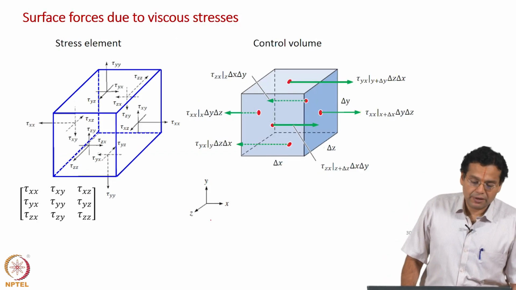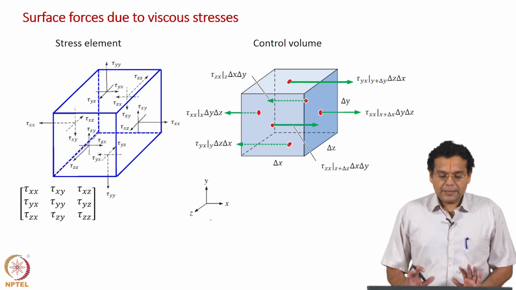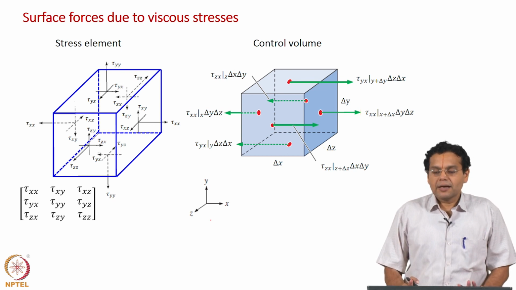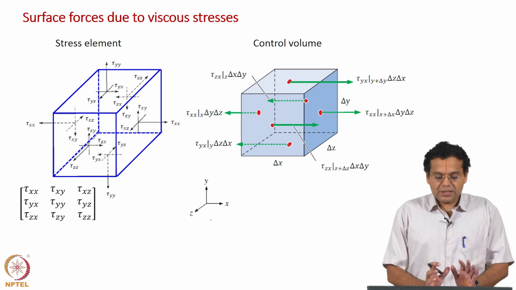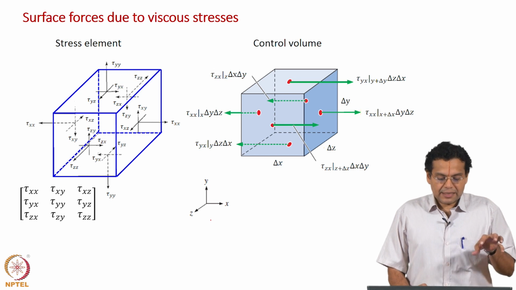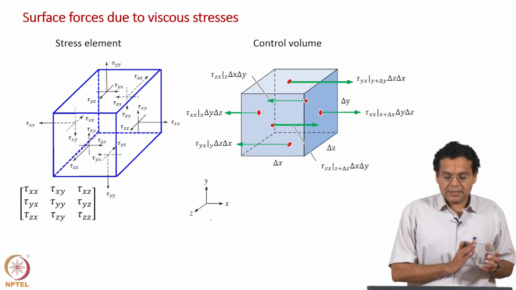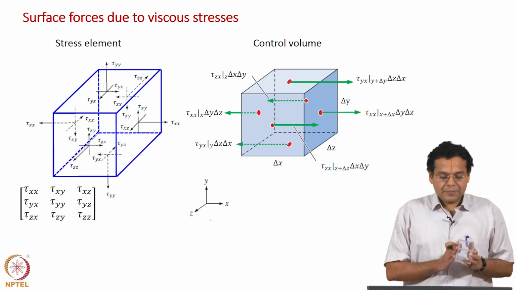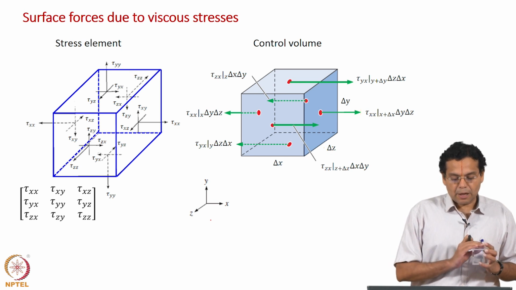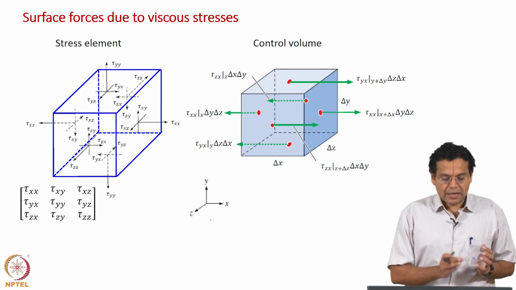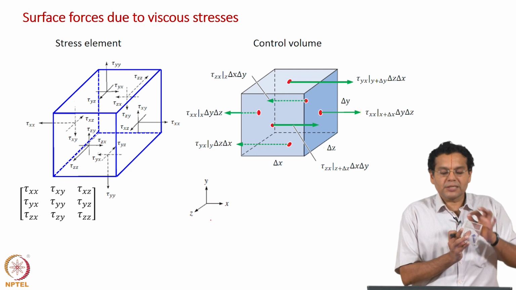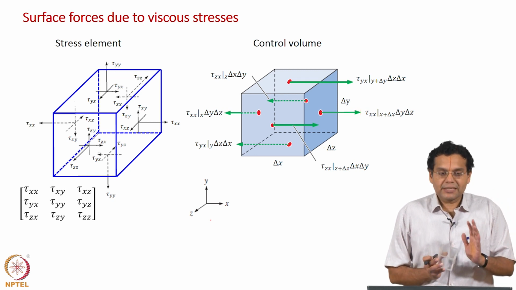Just like we have discussed for pressure, this slide also shows you a stress element on the left hand side and a control volume on the right hand side. Of course, this looks a little complicated, that is why we discussed the case of pressure first. Now, the left hand side is as usual a stress element, no physical dimensions are there, they are just three faces, let us say the right side and then the top face and then the front face, and what is shown on the left hand side, the bottom side and the rear side, are just opposite sides of the same faces. They are not physically separated.